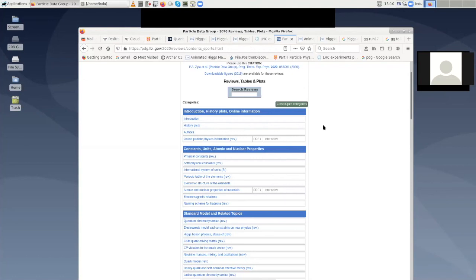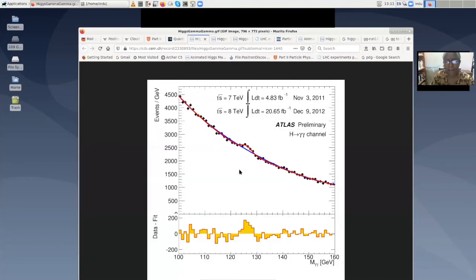You said the background increases as time passes on. Yes, because more events are produced everywhere, right? More events are produced in the background and more events are produced in the signal. But because the signal is at a resonance, the signal will build up faster than the background. That is why in 2011 you did not have much signal, but over 1 year the signal improved enough for them to have a publication. Is it clear?